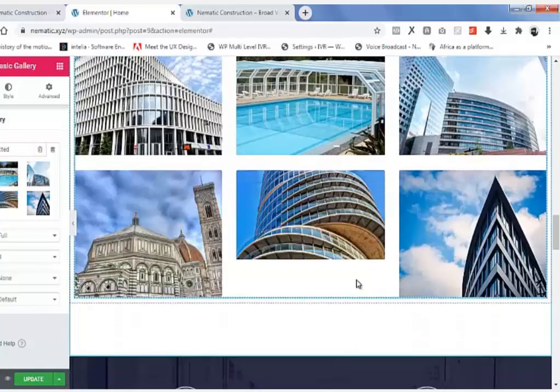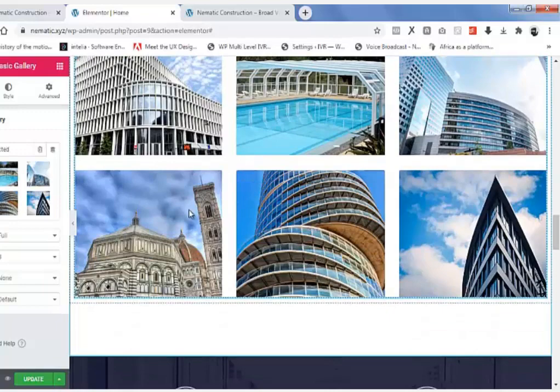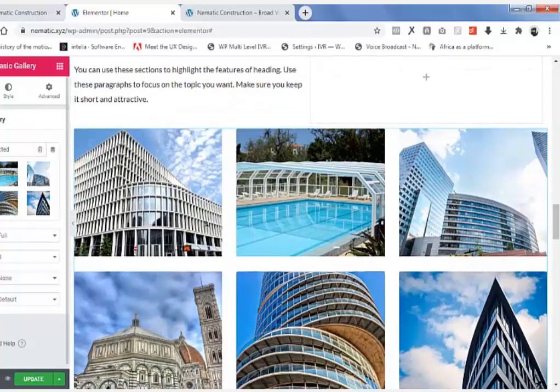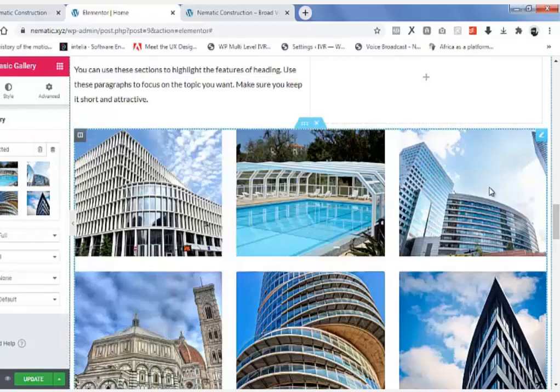Alright, so as you can see, we have successfully changed some pictures. So that's how you can change every picture here. Now here you can choose the size of the image and the columns. As you can see, 3. Here we also have 3 pictures. So that is how you can edit it.